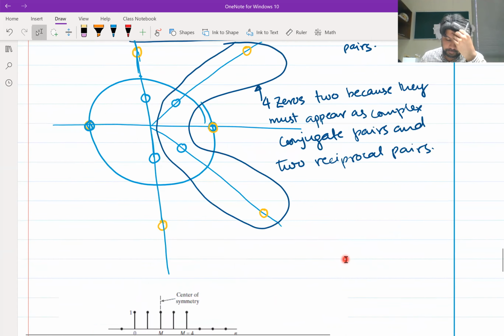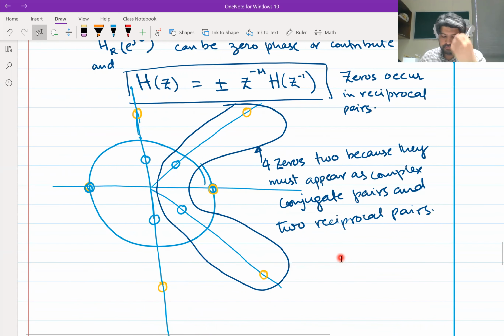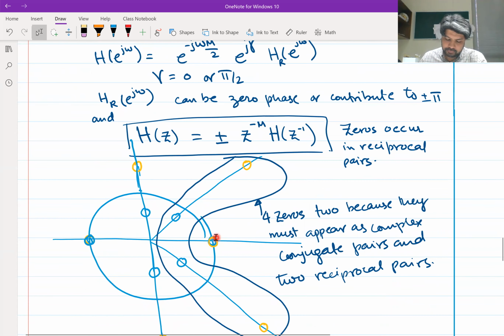Now, for example, अगर आपका एक 0 यहाँ पर है तो इसका रेसिप्रोकल भी यही है, तो आपके पास यहाँ पे 0 आ जाएगा. ठीक है, कोई इशू नहीं है. 0 अगर -1 पे है तो तब उसका रेसिप्रोकल भी -1 ही होगा, 0 वहीं आएगा. 0 अगर j पे है, इसका रेसिप्रोकल क्या होगा? -j. 0 अगर इधर आएगा inside of the unit circle on the imaginary axis, इसका रेसिप्रोकल यहाँ पर आ जाएगा. ठीक है,